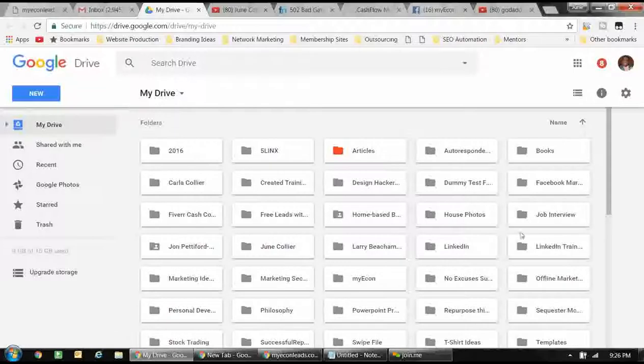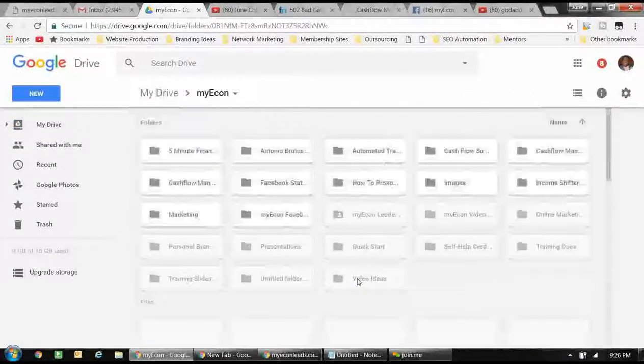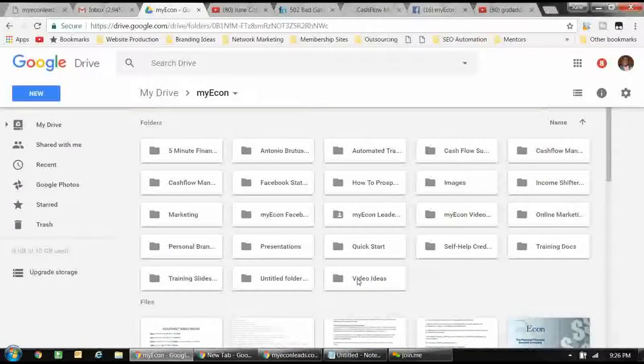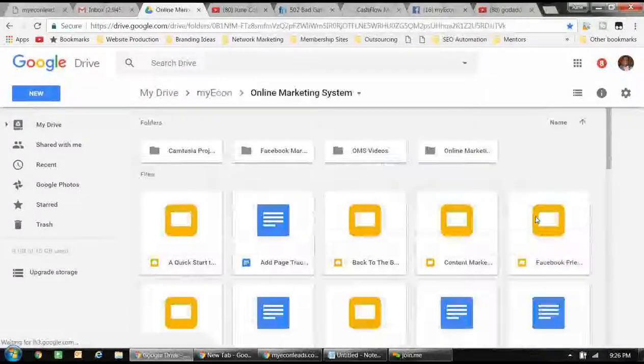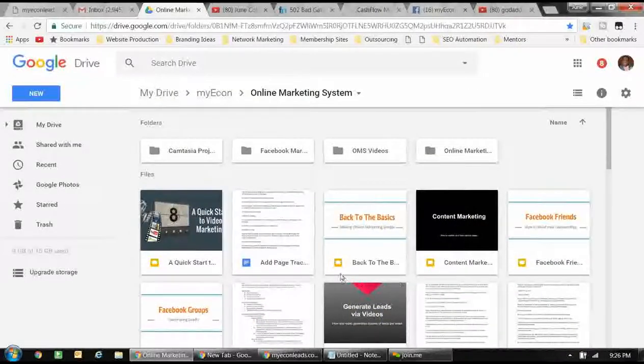And so I got a folder here for my econ. So here's my econ folder. Inside of my econ folder, I have additional folders. So I've got a folder for the online marketing training and tools and things that I do with the online marketing, okay? So we got the online marketing system folder. You can see where I am. I'm in the online marketing system folder, which is in the my econ folder, which is in my Google Drive,